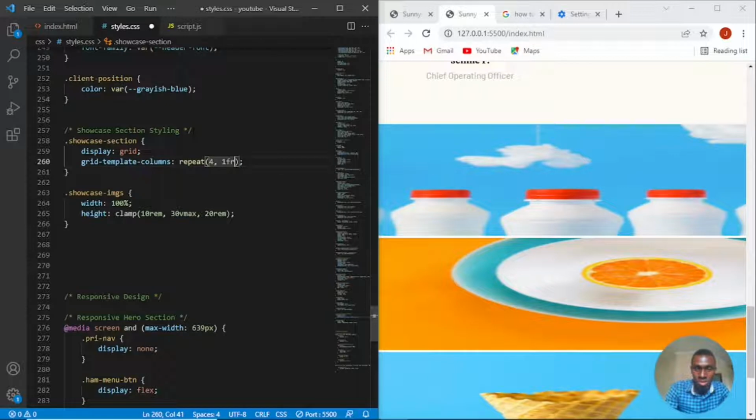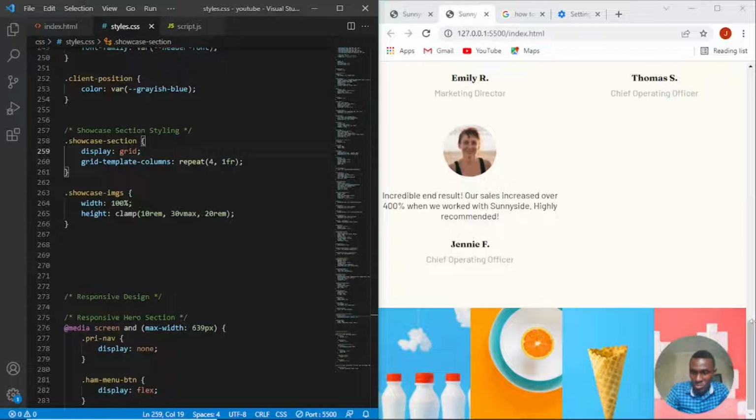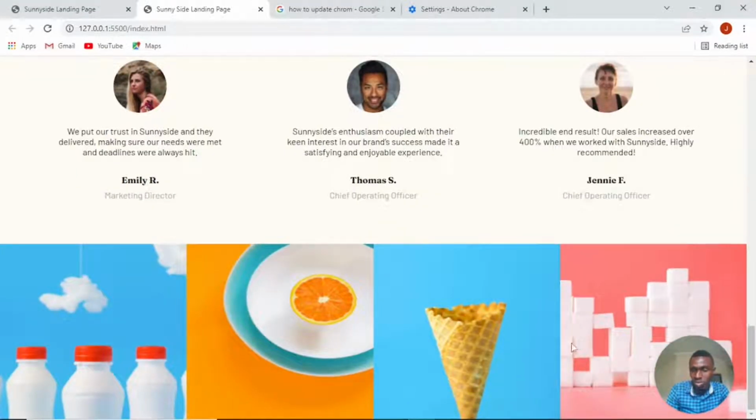So what it's going to do is divide this entire space which you're seeing right here into 4 different parts. So 1fr means it's a fraction, so it's like 1/4. Each of these images will be 1/4 of the available space. Okay, so once I click save, realize what just happened. Wow, it's great. Each of my images has become 1/4 of the available space. If I also maximize my screen, realize that it is responsive with my screen because it's taking 1/4